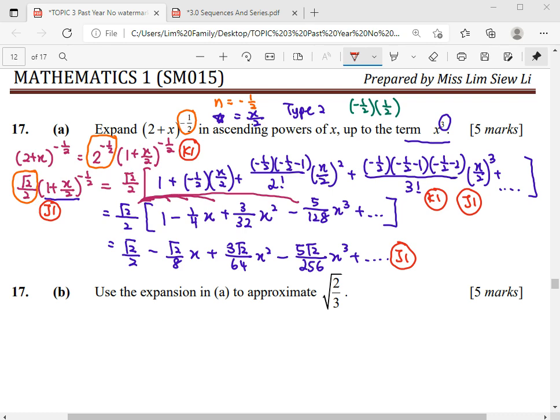So for part B, before we relate this and approximate this value, we have to find out the validity of the x, and what x value we are going to substitute here. This question didn't give us an x value, so we have to find it ourselves. At the same time, we must make sure our x value is valid. So first of all, we will do our validity first. Okay, so our validity here,